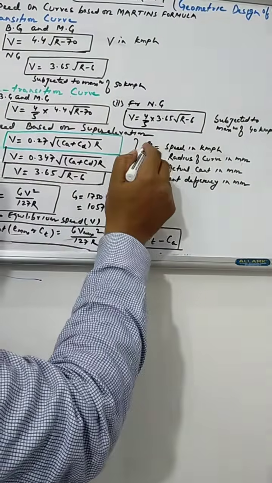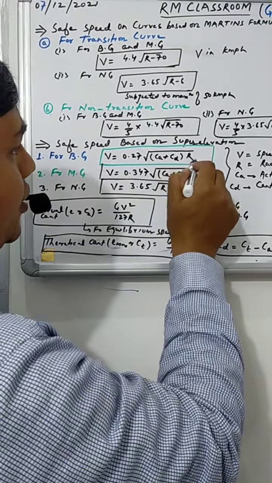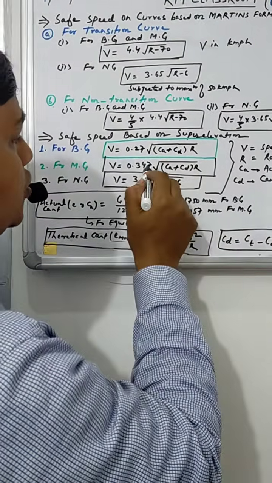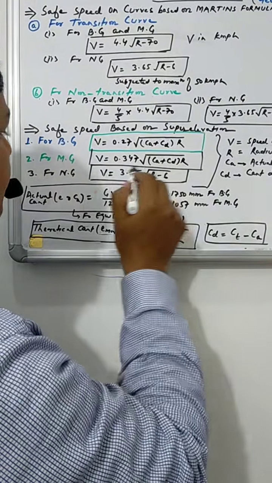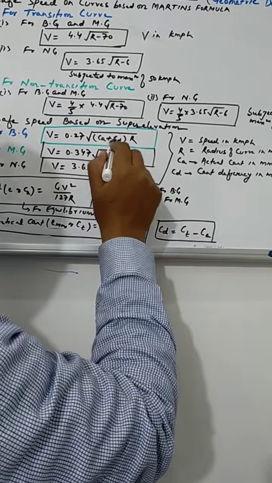Safe speed based on the super elevation. For broad gauge, it can be computed by 0.27 square root of Ca plus Cd into R. For meter gauge, V is equal to 0.347 square root of Ca plus Cd into R, and for narrow gauge, V is equal to 3.65 square root of R minus 6,